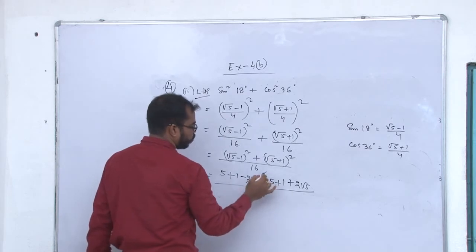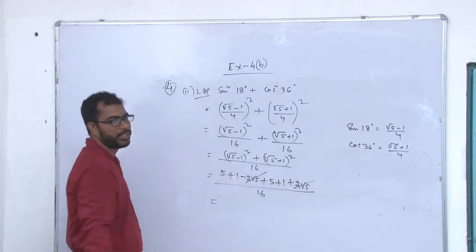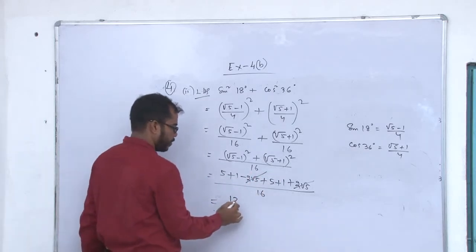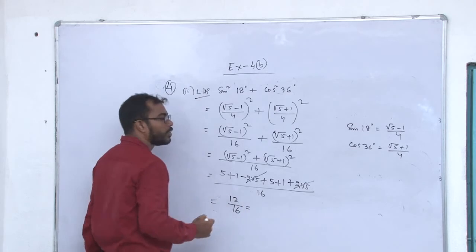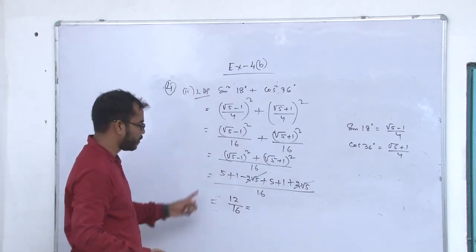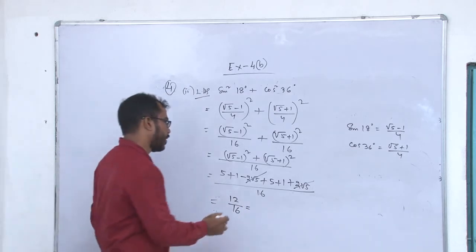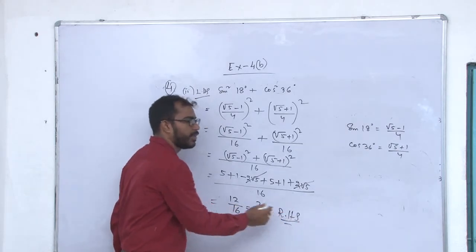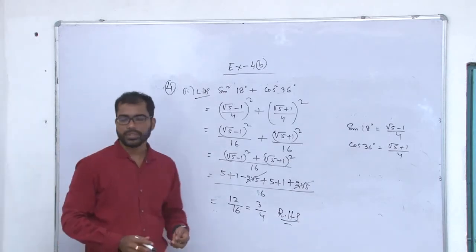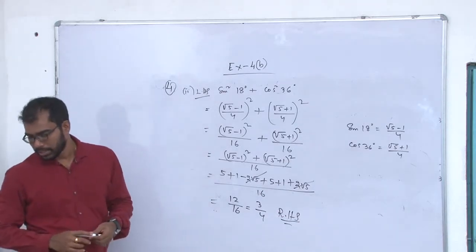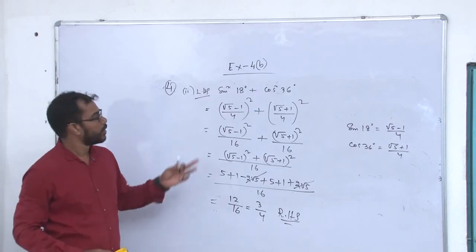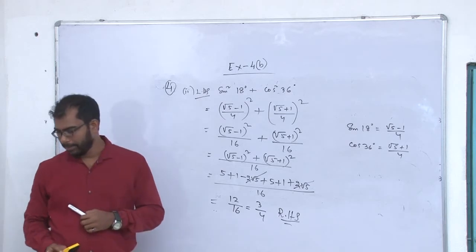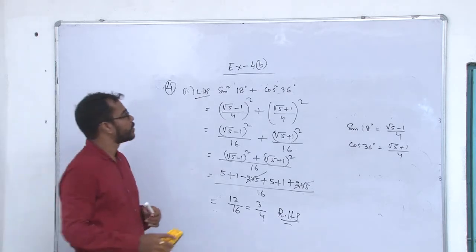Now cancel minus 2 root 5 plus 2 root 5. That is equal to 6 plus 6, that is 12 by 16. Now we can divide by 4 both numerator and denominator, then we get 3 by 4. And that is the result of the given expression. So I can solve this problem, the second part, that is sine square 18 degree plus cos square 36 degree is equal to 3 by 4. Next,